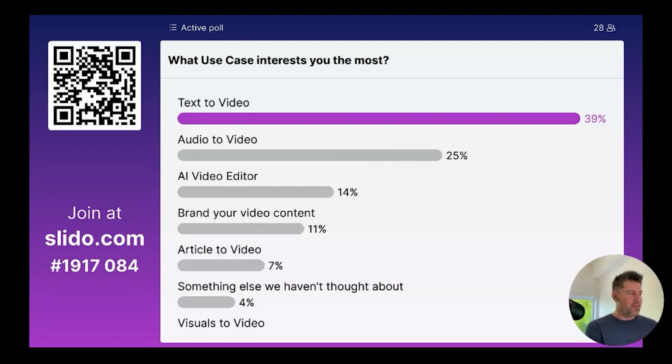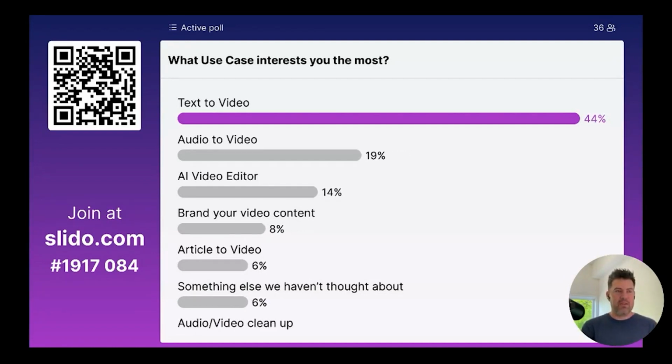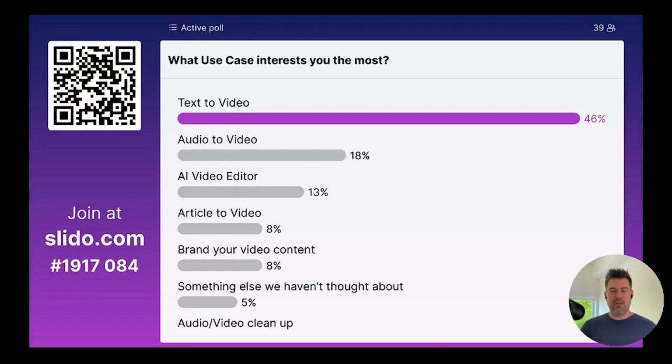So the text to video, the audio to video, the AI video editor, branding your video content. The most important thing to take out of this is all of this is available via the API. We have public APIs that will allow you to do all of these things specifically, and it's all publicly available